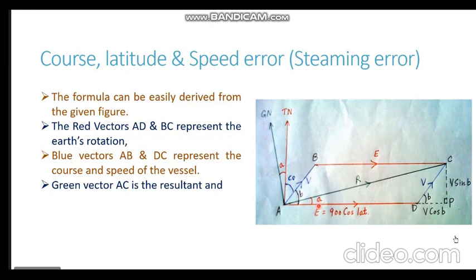Now you can see for this parallelogram A, B, C, D, the diagonal which we have is alpha to Charlie. So this alpha to Charlie is the resultant of the Earth's motion vector and the ship's